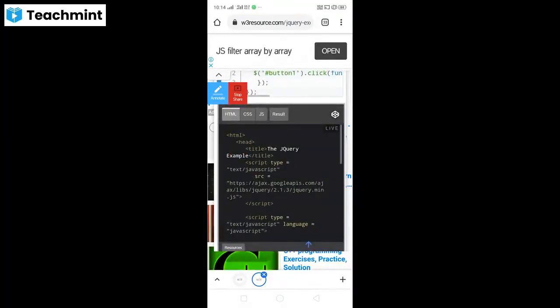So here, HTML opening and head opening, and in the title we are going to place a jQuery example, and we are going to close the title, and script type equal to text/JavaScript, and source equal to, we are going to maintain a jQuery min.js file.